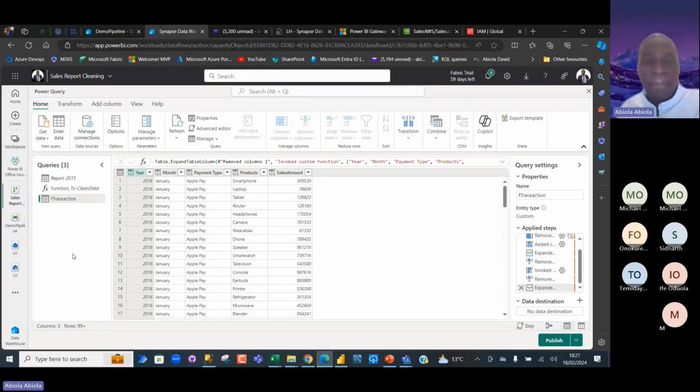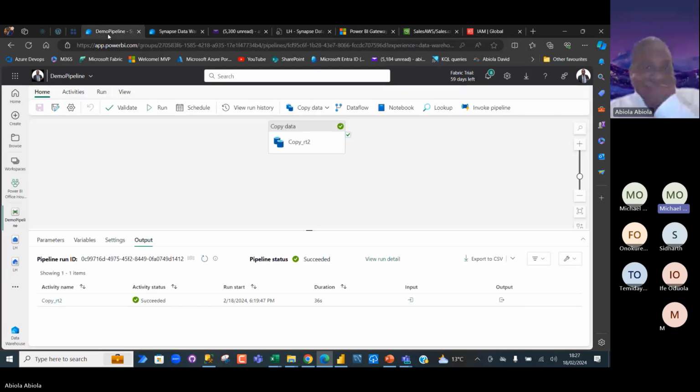Okay, any other questions? Someone's hand has been up, so I'm going to let him ask his question. His name is Siddharth. I've given you the ability to speak if you want to unmute and ask. I know you've also typed the question, but since your hand was up, do you want to unmute, or should I read your question the way you have typed it? Sure. Good evening, Mr. Abiola and Mr. Michael. How are you doing today? Good, and you? Good. I'm good. Thank you so much for asking.